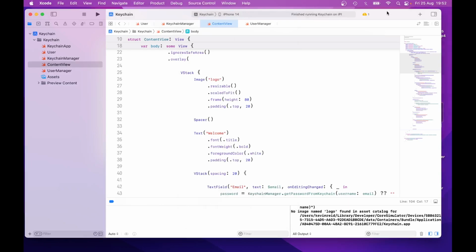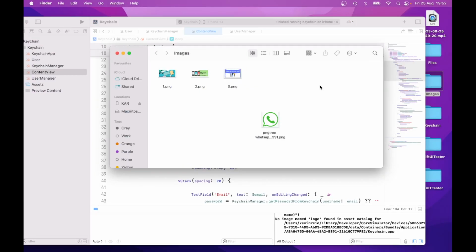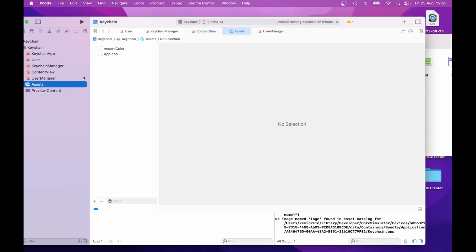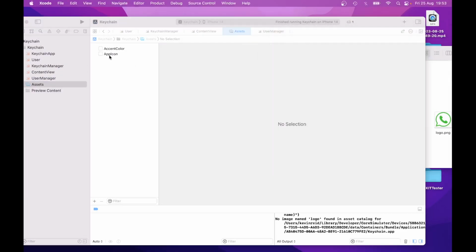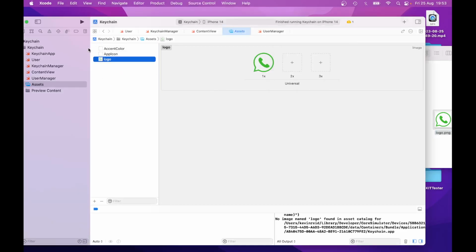So to add the logo, you can use any logo you want. I'll just use the logo in my folders. So I'll just use this logo or image, and then I just rename it as logo, and then I just move it over to the assets. So open up the assets, and then I just drag it. I just drag it to the assets folder, and now when I run the application, the logo will be within the application